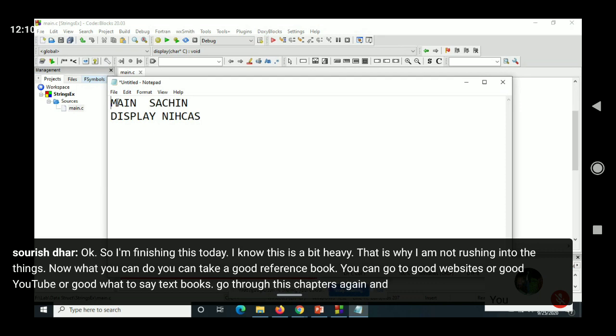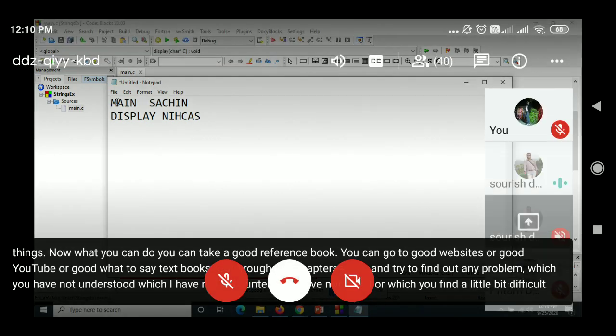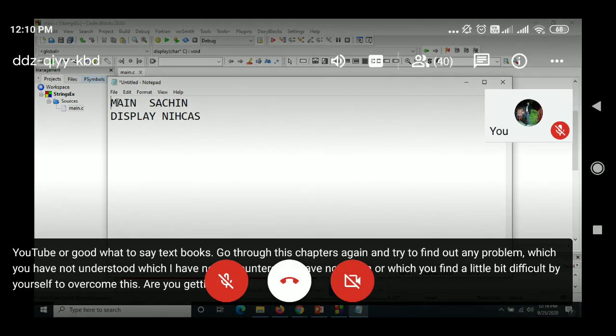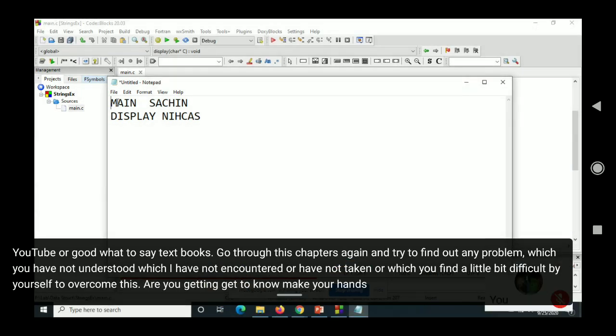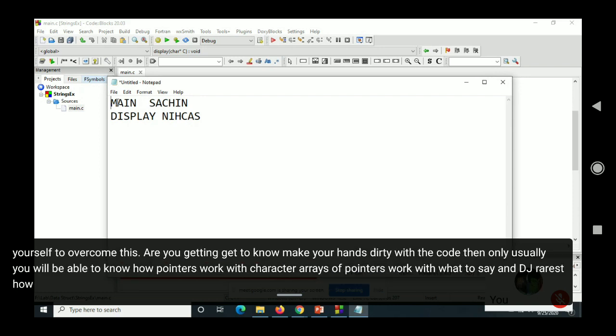Try to find any problem which you have not understood, which I have not taken up, or which you find difficult. Make your hands dirty with the code, then only will you know how pointers work with character arrays, how pointers work with integer arrays, and how pointers work with or without arrays. So this is my suggestion.